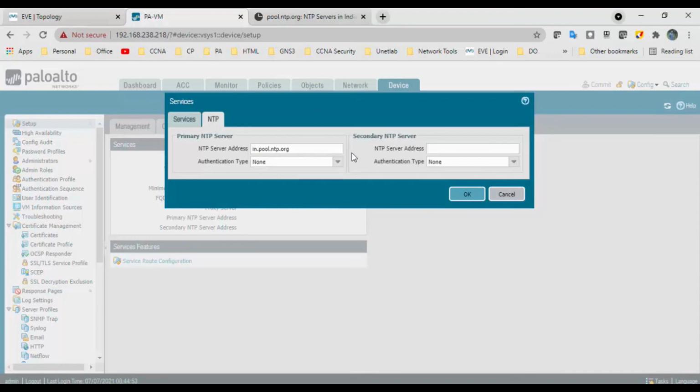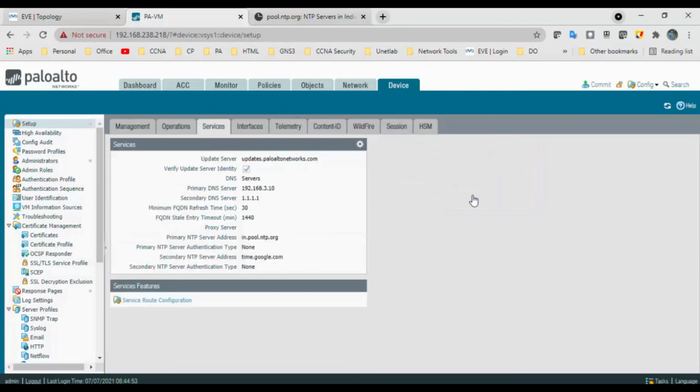As of now I will not go with any authentication type. For the secondary NTP server, you can use anything like google.com, and authentication type as none. Click on OK. So my NTP and DNS details are updated.